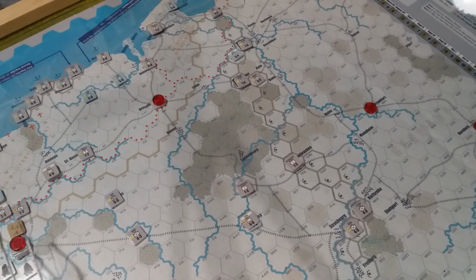Right-o. What do we have in Paris at the moment? We've got a headquarters and a security division and an assault gun and an infantry. Okay. Righto. So that's that at the moment. So that's their first move impulse. We go into the combat impulse and there is no combat anywhere. So we're going to their second move impulse, and we're going to pull back